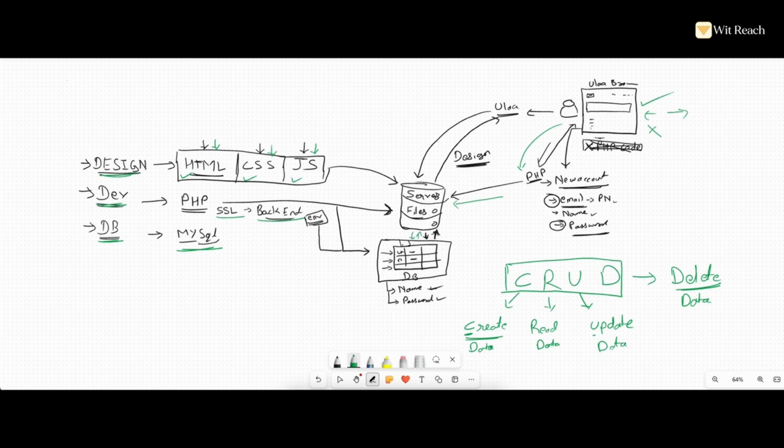In some functions, it can only create the data. In some functions, it can only read the data. In some, it can only update the data. In some, it can only delete the data. But overall, in the entire website, for one specific operation, let's say